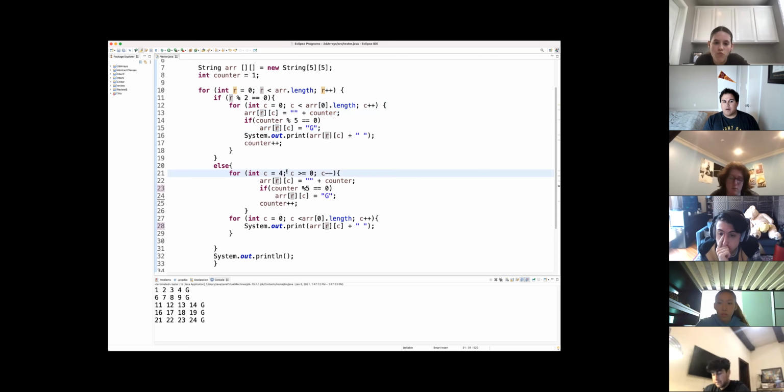C is equal to 4. I could have done arr.length minus 1. Could have done that as well, not a big deal. Or arr[0].length minus 1. I could have done that, okay? C is greater than or equal to 0, C minus minus. So that means my C's are ending at the end. The reason I did 4 is because I know my highest index value is going to be 4. And I can go 4, 3,